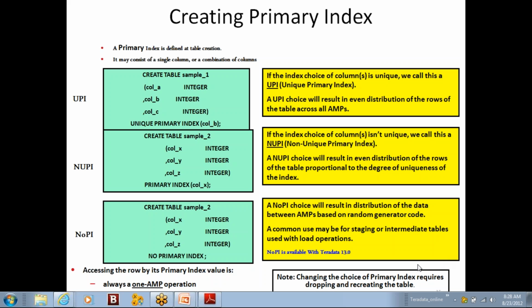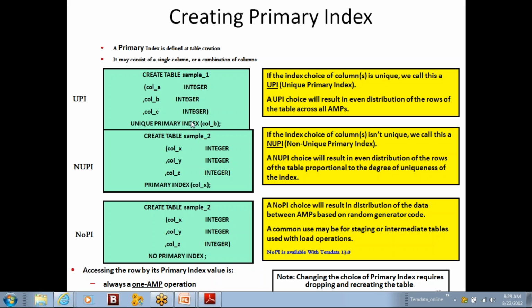And we have to create this index at the time of table creation only. After table creation you cannot change it. If you want to change it, you have to drop the table and recreate the table. If you have data, you have to take a backup of the data, drop the table, recreate the table with the new index, and then get the data back from the backup table.